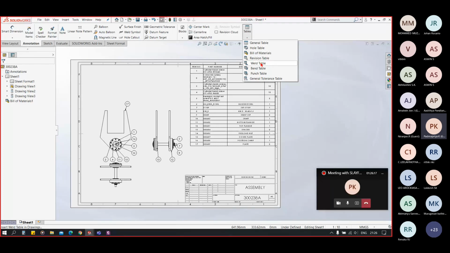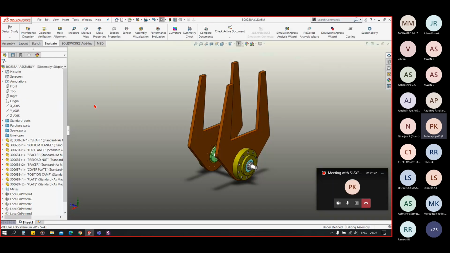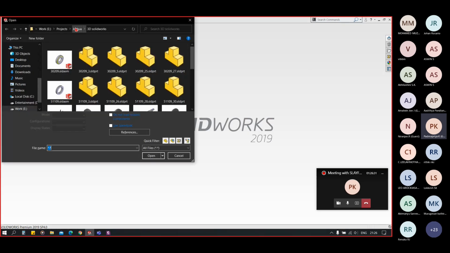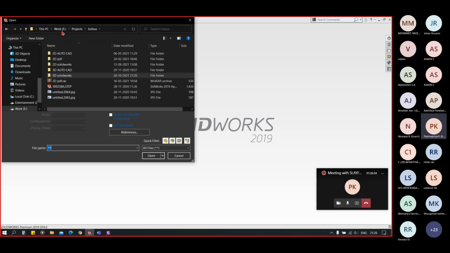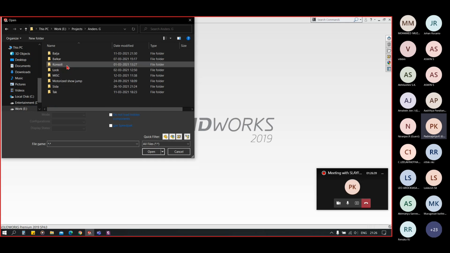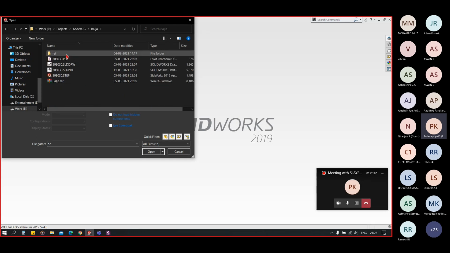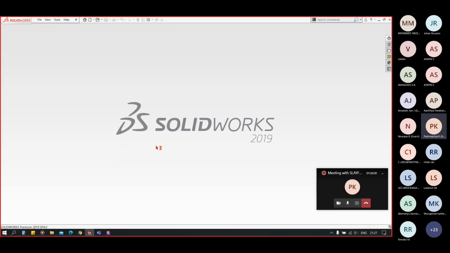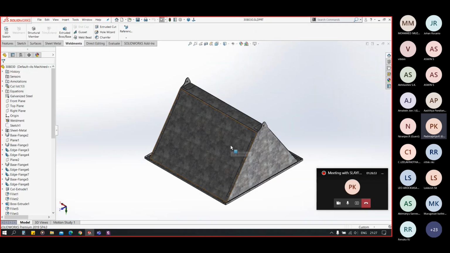Now our next table is the bend table. So for my bend table, I have this sheet metal part.